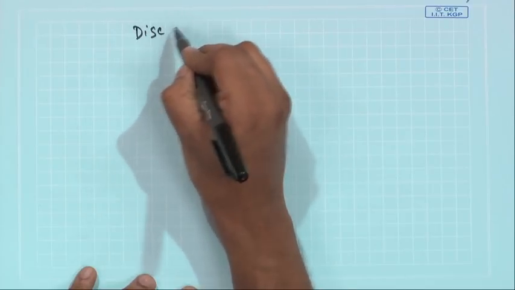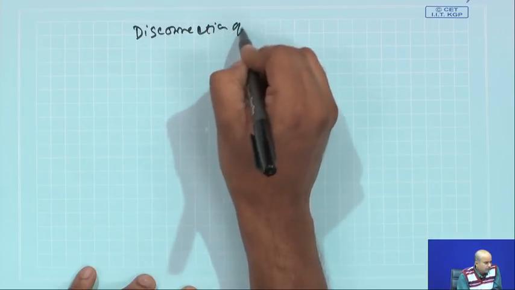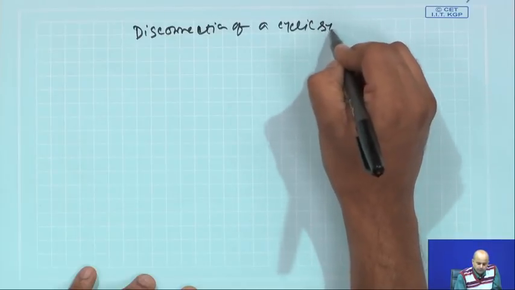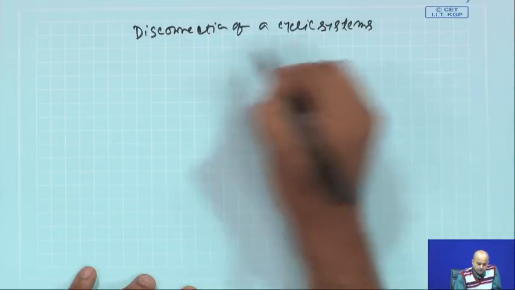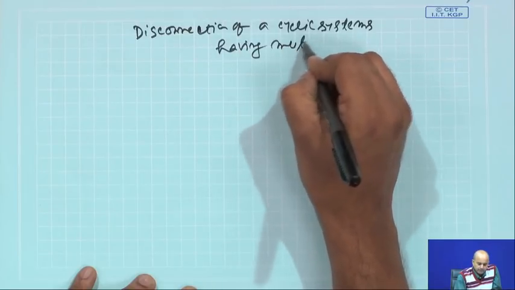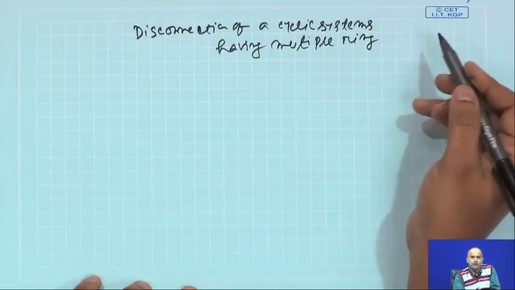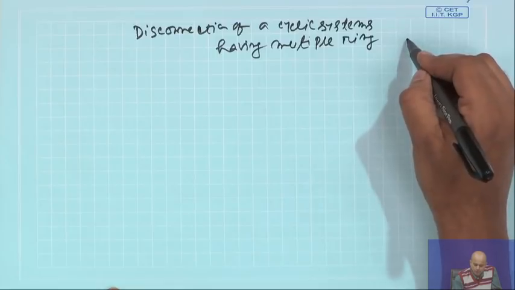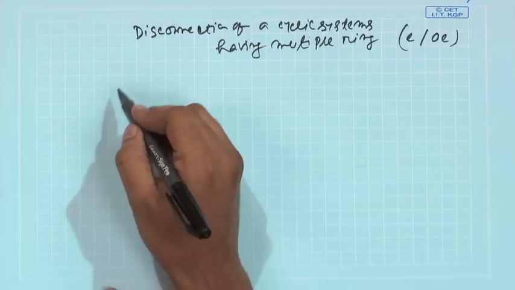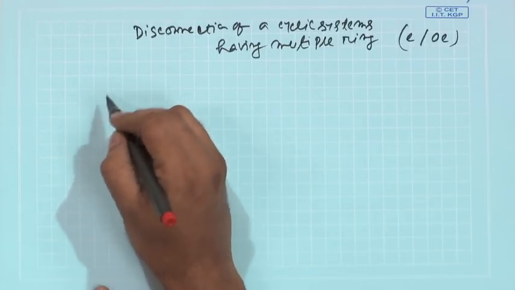Those are very unique topologies, and today we will be trying to talk about similar kind of things, but we will give a heading: the disconnection of cyclic systems having multiple rings. We have already talked that if you have a spirocyclic compound, normally exendo or off exendo bonds are good strategic points of disconnection. Now, the target molecule which I am now going to discuss